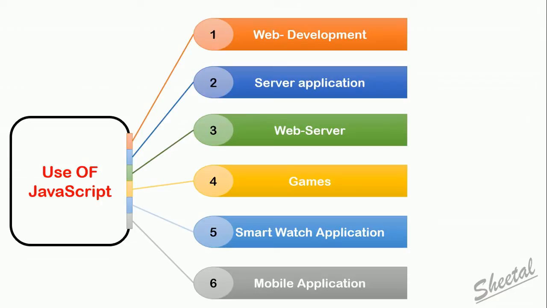Mobiles are mostly available in Apple and Android. Two different languages are used to build a mobile application, so you need to write code for both platforms, Apple as well as Android. But it should be possible to write code once and use it on both platforms of these devices. For that, React Native is the framework which enables this feature. So using React Native, you can easily develop a mobile application.